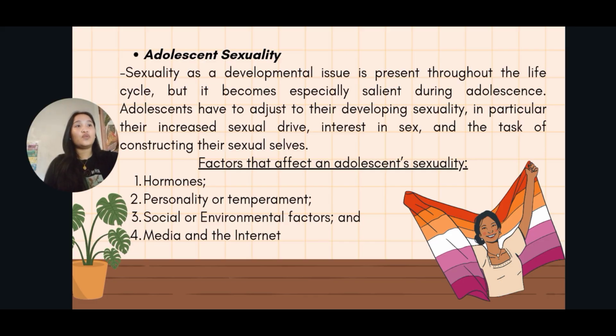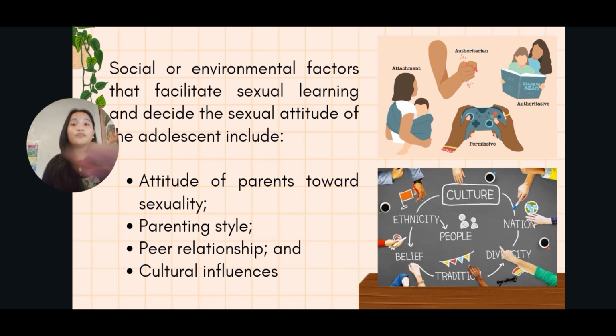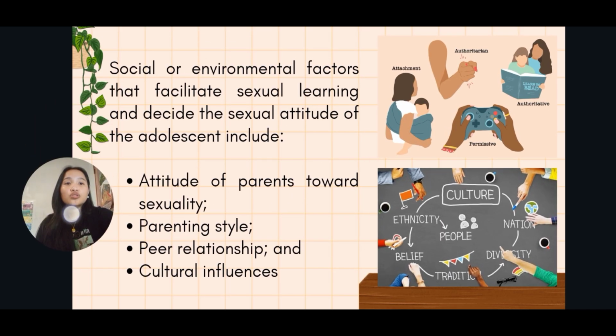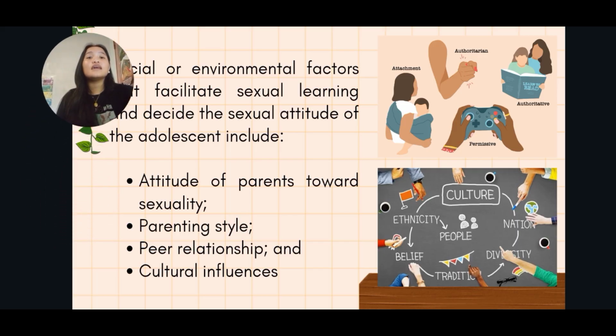Next is social or environmental factors that facilitate sexual learning and decide the sexual attitude of the adolescents. They include the following. So adolescents learn about sexuality not only from their own bodies and feelings but also sa kanang mga people and environment around nila. And these social environmental factors strongly influence how they think, how they feel, how they behave, how they act regarding relationships and sexuality. So mao ni ang mga factors nga kanang